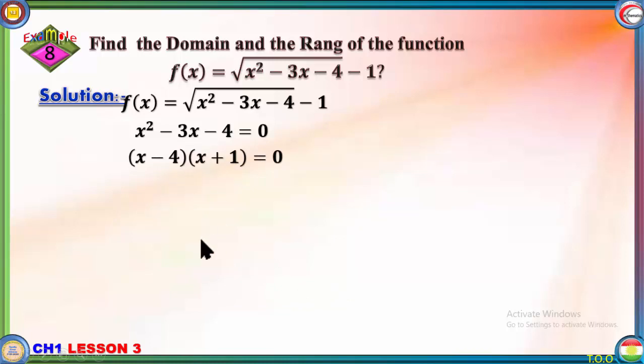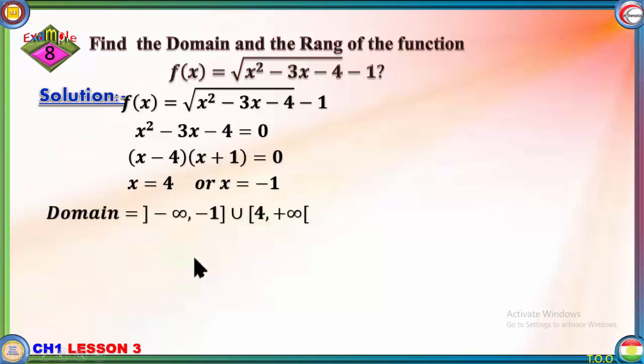x minus 4, x plus 1, then x is 4 or x equals minus 1. The smallest number is minus 1 and the bigger is 4. Leading coefficient is positive, therefore the domain starts from minus infinity to minus 1 and from 4 to the positive infinity. But the range, because the sign of the square root is positive, and k is minus 1, therefore the range begins from minus 1 to the positive infinity,